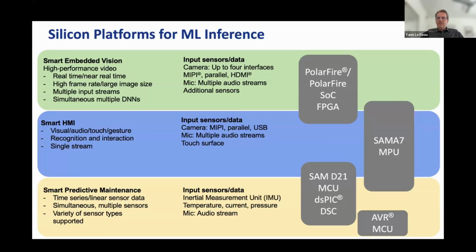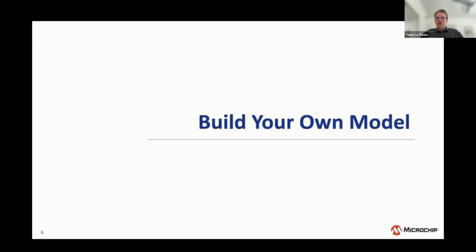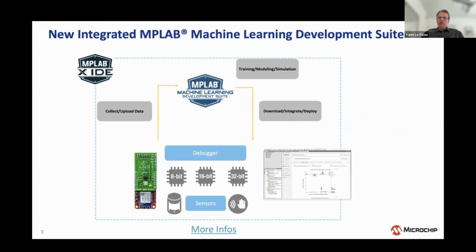So one big thing that people are requesting is for them to build their own model. So we can use models that are already available, and I saw some very good ones today. But also some people say, okay, how do I build my own model? One thing that I want to mention as well today is what we launched a few months back